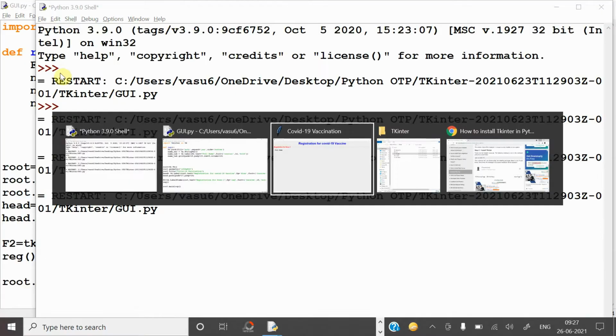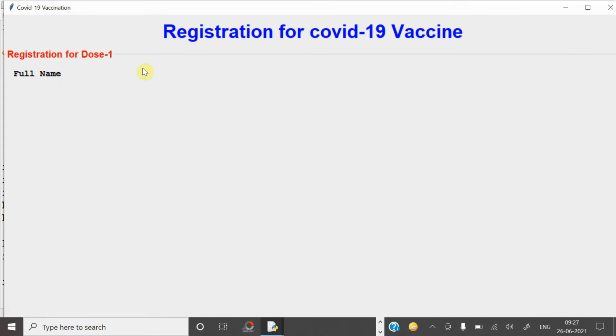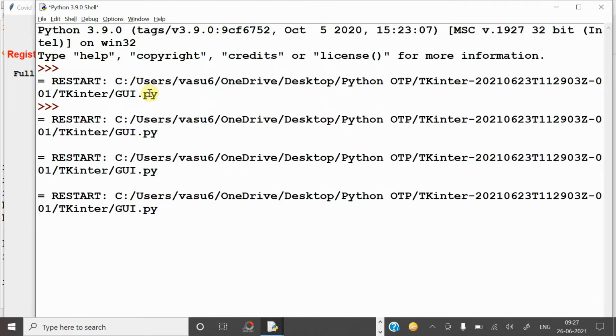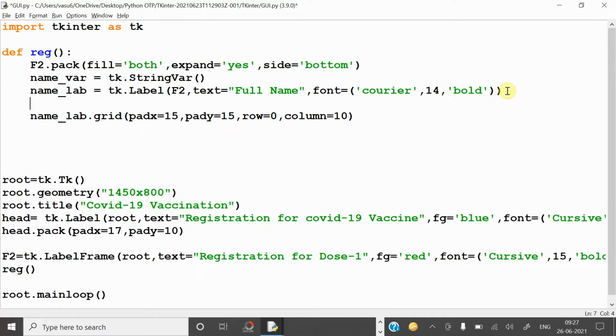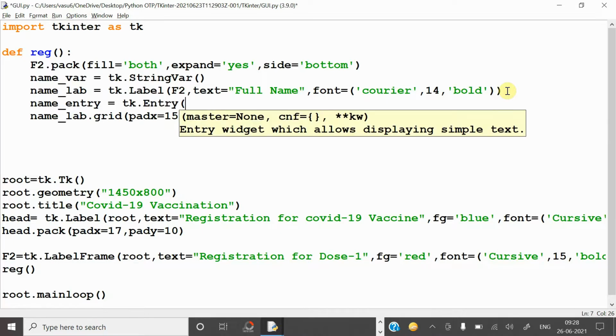Now label is ready. Now what you have to do, you need a text box for entering the data. So for this you have to create name_entry. So in this variable you have to create tk dot Entry, calling the function Entry. So here it will create one text box so that user can enter some data. It should be under F2 frame, and now here what I am giving is text variable.